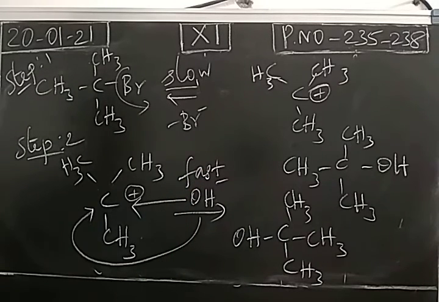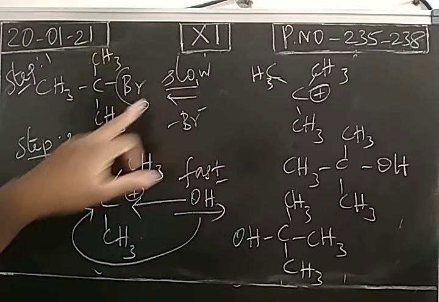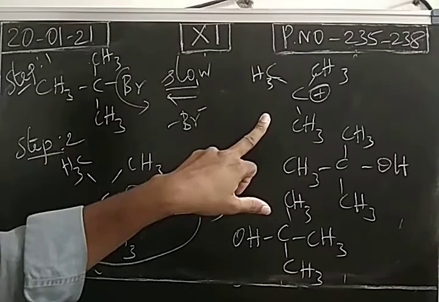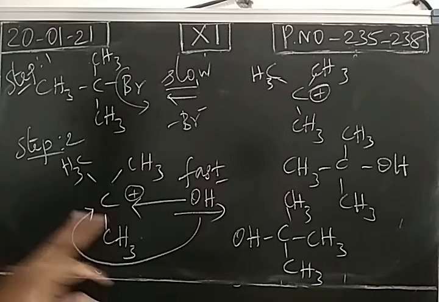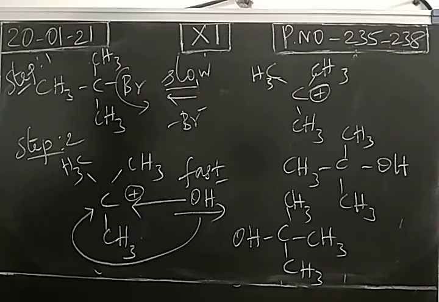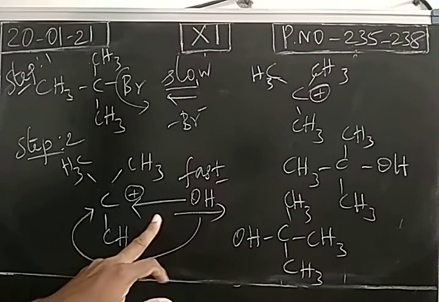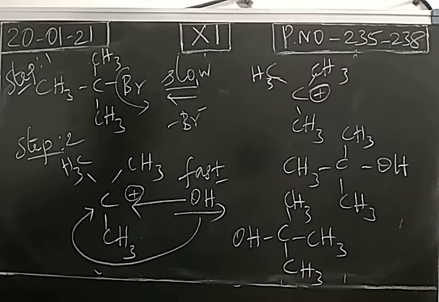So nucleophilic substitution will follow the SN1 mechanism. It is following first order kinetics, but there are two steps. First step is a slow step, formation of carbocation. Second step is a fast step. Carbocation is attacked by a nucleophile. It can attack from two sides, either the front side as well as the back side.